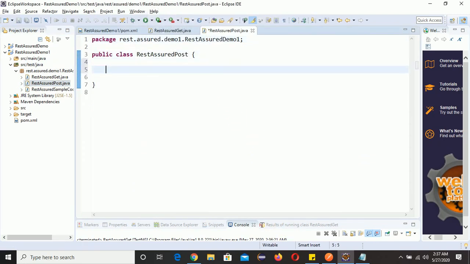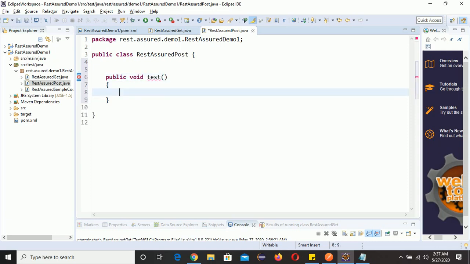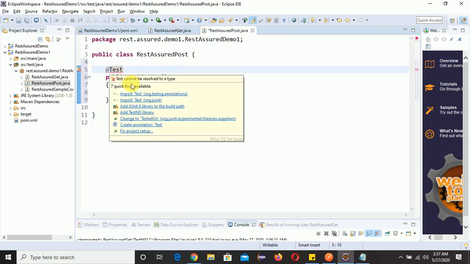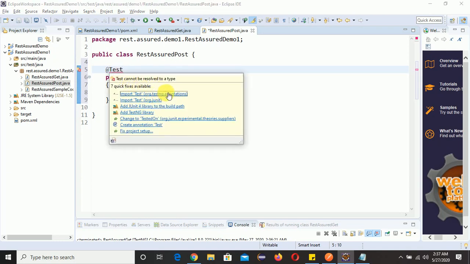Finish. So same thing we need to do here. We need to create one method, public void test, and we need to give @Test in order to run our test, right? And need to import org.testng.